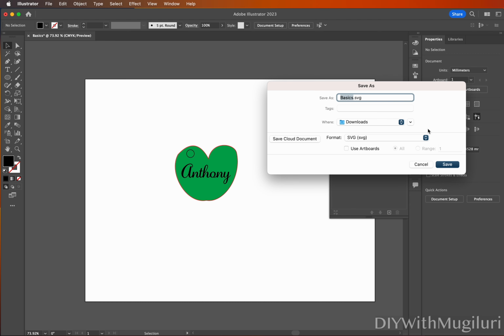But if you're just saving the design and you want to use the design later and it's just for saving purposes, you will want to save it under Adobe Illustrator. Just save it as default. Default is .ai. So I want you to save it as AI, but only when you want now to do